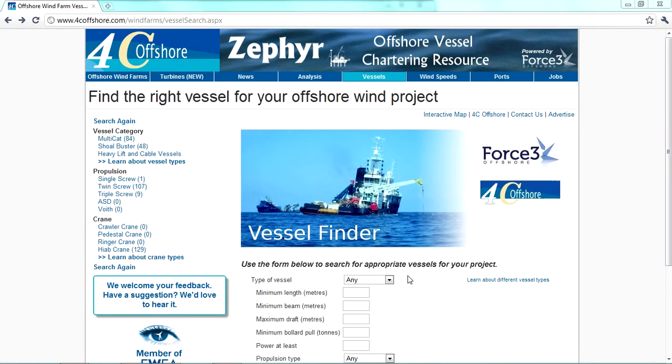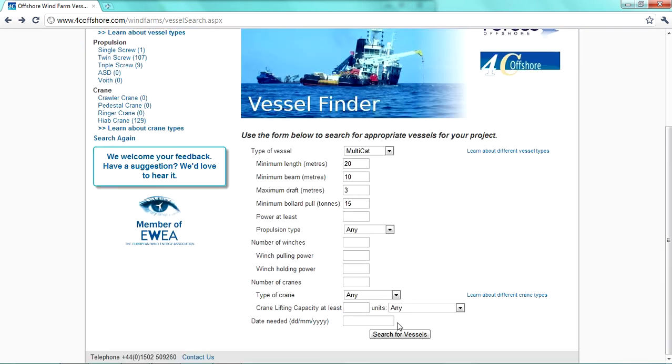Potential charterers will be able to search Zephyr's extensive database by a whole range of different parameters. For example, type of vessel, minimum length, minimum beam, maximum draft, minimum bollard pull, minimum power, propulsion type,